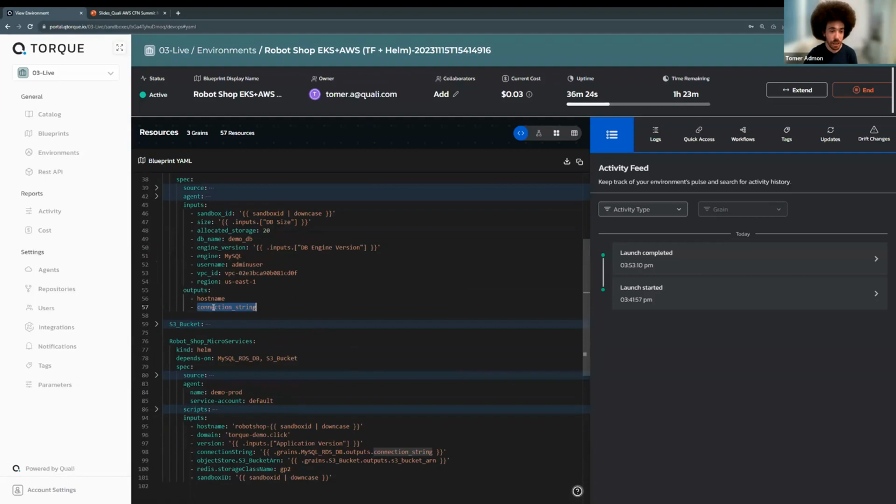So the connection string here is an output, and here the connection string is an input, and we are basically piping this in. So what I'm trying to say is that we are normalizing the way you're using IaC to a single interface that you need to learn or practice. And regardless of whether that's CloudFormation or Terraform or Helm in this case, it's very, very easy to use.